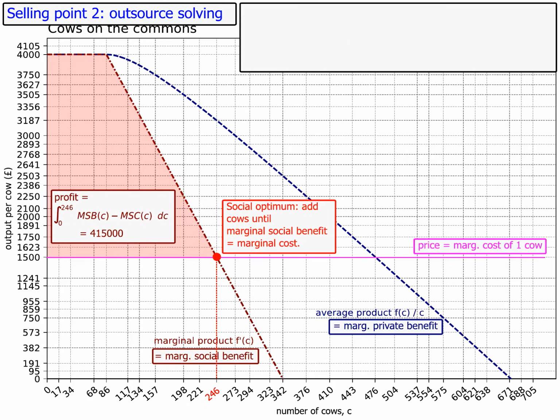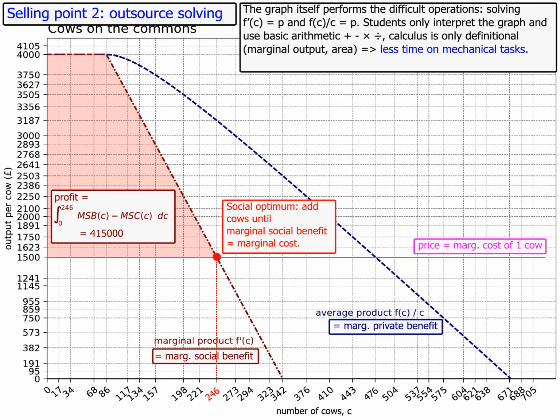Selling point 2 is what I call the outsourcing of solving. Notice that the graph itself performs all the computationally difficult steps. Instead of algebra operations, we have something simpler, finding intersections. Students obtain results by reading the graphs, and all they have to do on top of the graph is performing